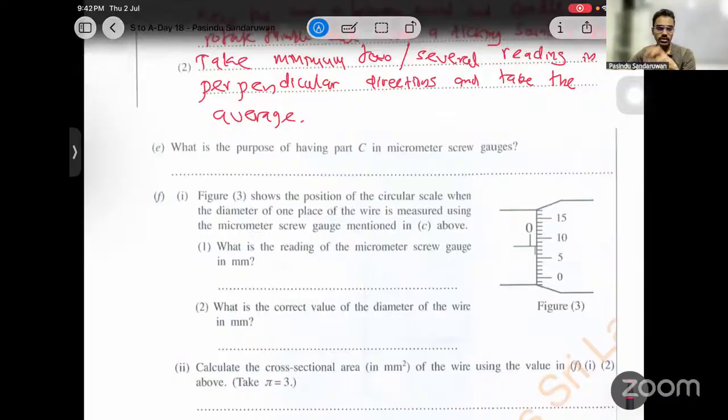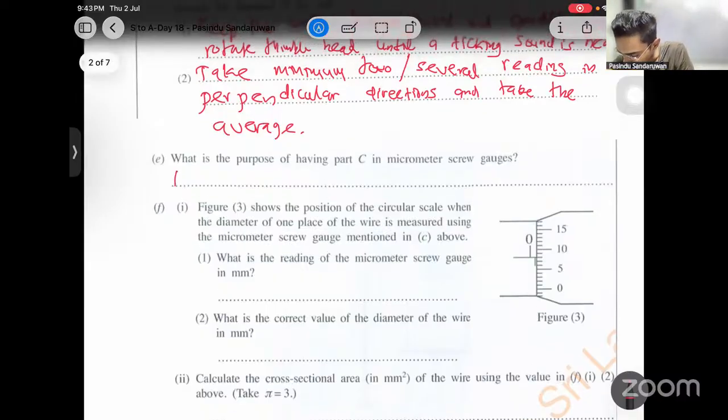To avoid overpressing or over pressurizing the wire or the object, because any object that you are keeping in between anvil and spindle cannot be overpressured. If that is overpressured, its cross-sectional area is going to be damaged. When the cross-sectional area is damaged, you are not going to get the exact correct reading, right? So that's the idea. Then write down